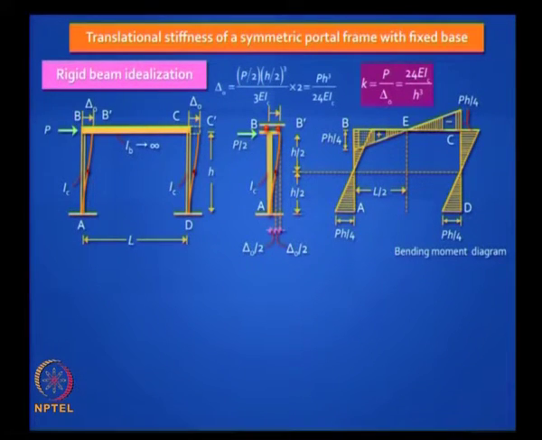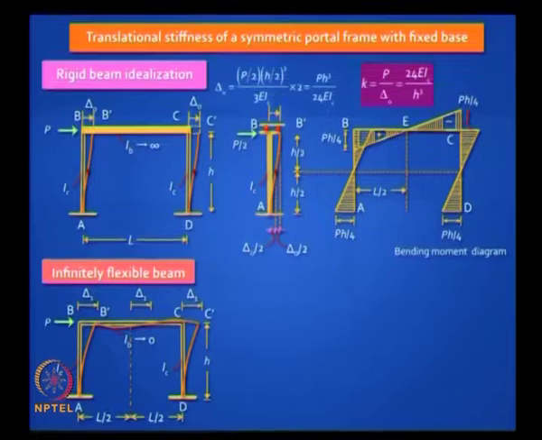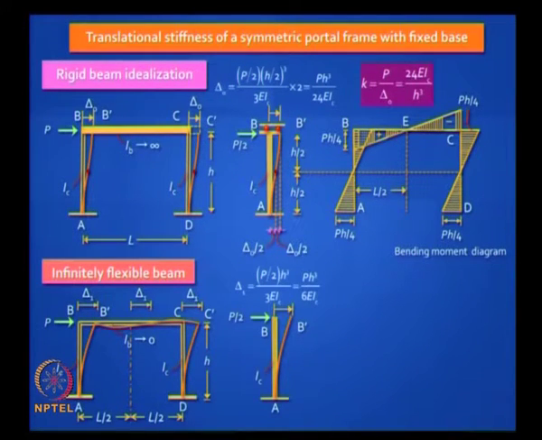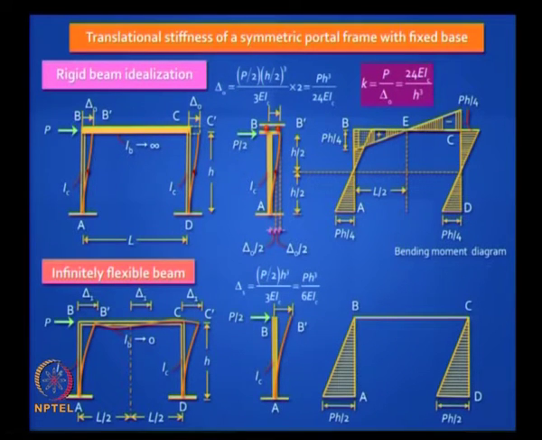Let us put hinges. How does it behave? If you have an infinitely flexible beam, how will the columns behave? Simple cantilevers. So that is easy to calculate. If you do that calculation, you get PH cubed by 6 EI, and your bending moment diagram will look like